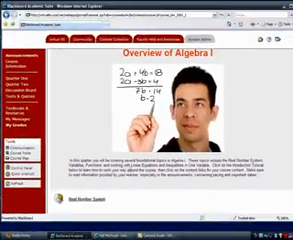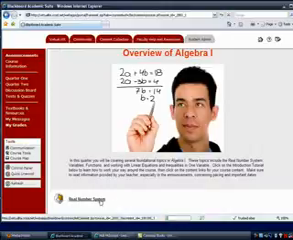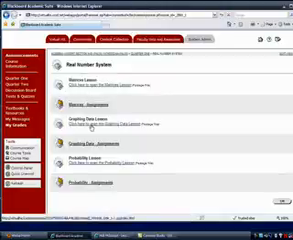And basically to work through a lesson, the first thing you need to do is click into the unit folder. So here's the first unit folder, Real Number System. So you click into there. And there are a number of lessons within each unit. So you want to start with the first lesson. Click it to open it,